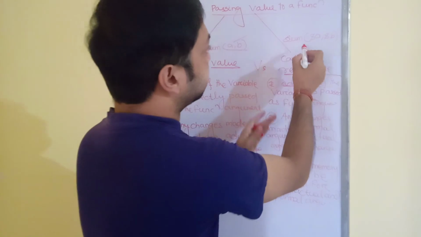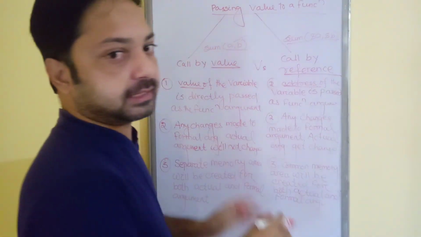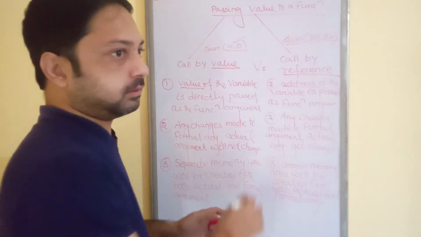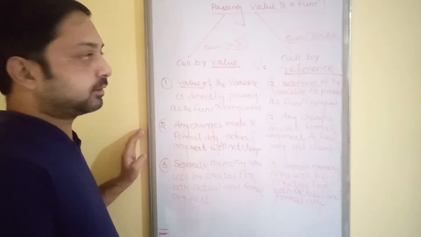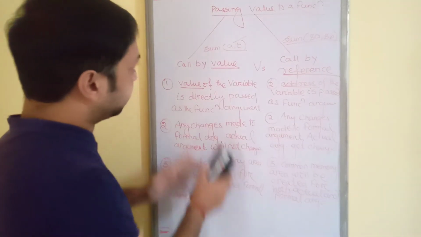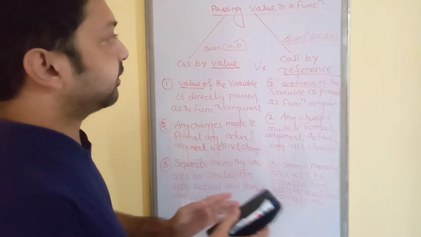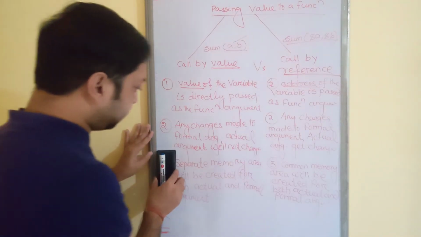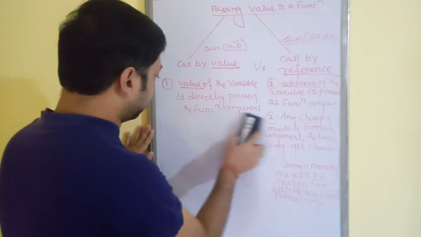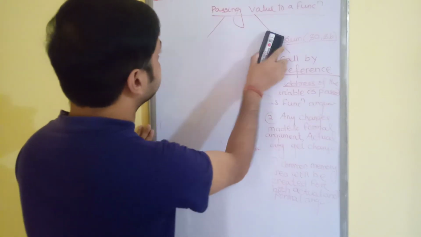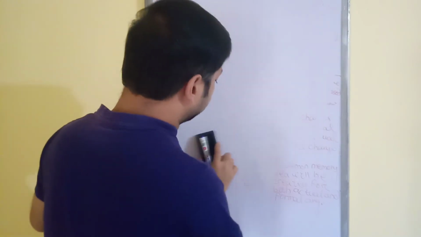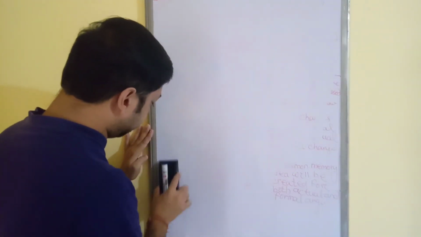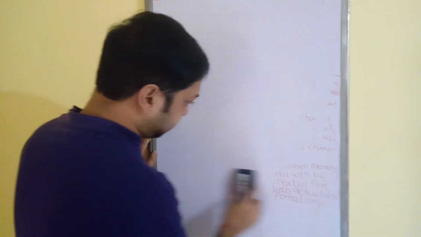And that basically uses the concept of pointer, because it basically deals with your function. So this is the basic difference we have discussed here, the basic difference between call by value and call by reference. So let us see how that will work with the help of a program. Let me write a simple program, swapping of two numbers using both the concepts, so that it will be easier for us to understand.